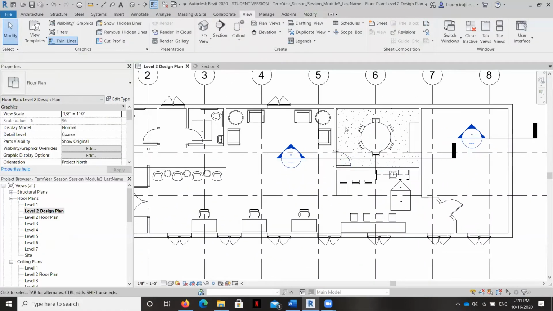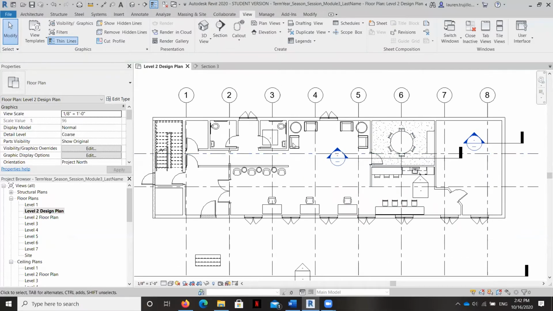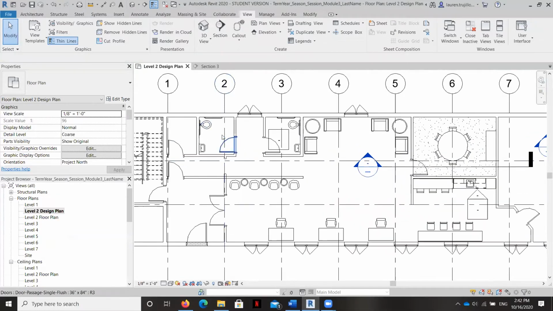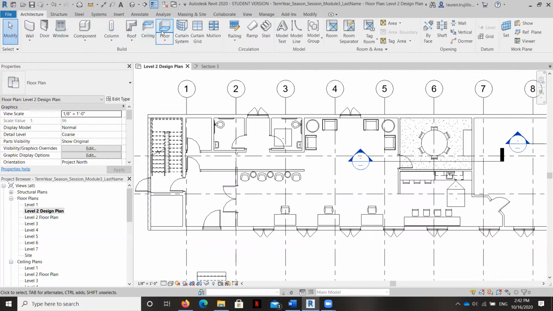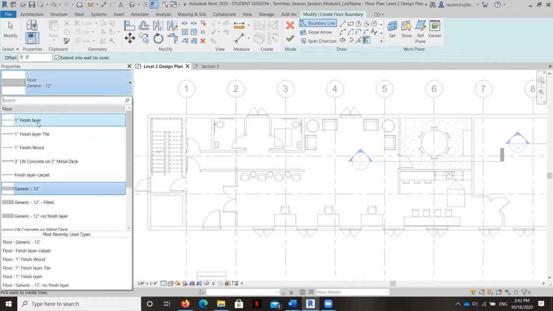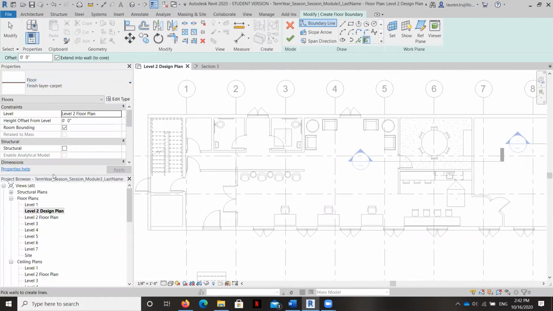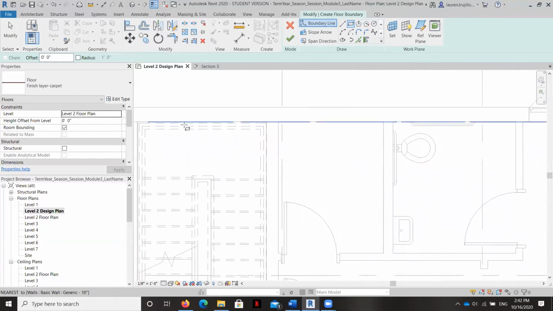Then we can take a look at this area now. For the rest of this, it's a matter of how you want to do this manually. We know that we're going to have another floor finish in the areas where there's going to be tile on the floor. What we can do is just create that floor. You should have your finish layer. If not a generic one, you can go ahead and create your finish layer for tile. We're going to do it the same exact way. I'm going to use the carpet layer that I just created because the thickness is set exactly right, but you'll see how I change it slightly to make it tile this time.